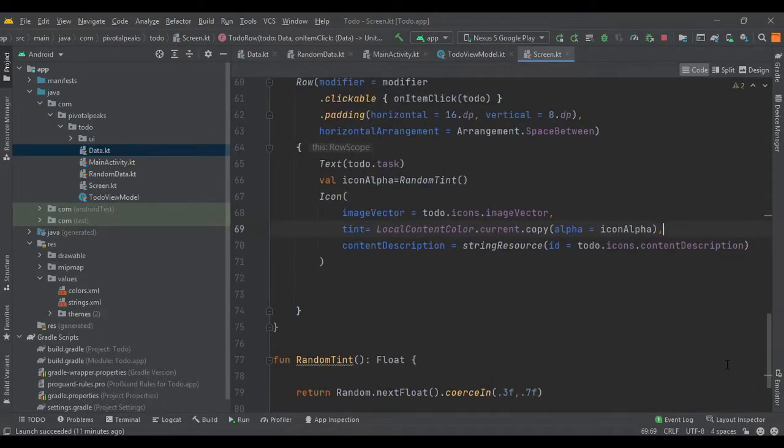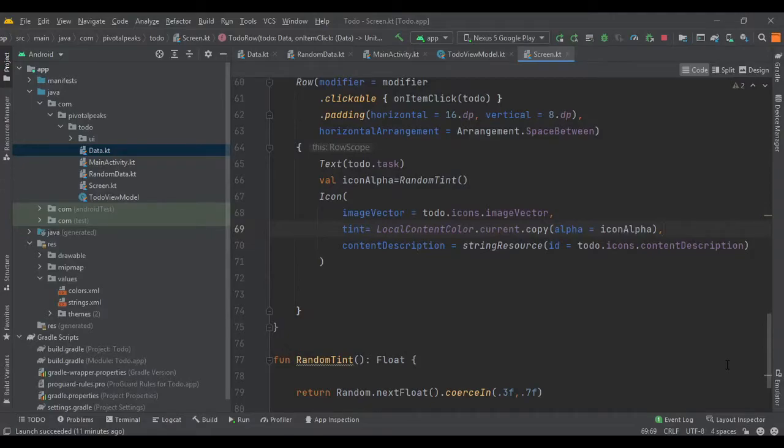A value computed by the remember function will be stored in the composition tree, and it will only be recomputed if we kill the app or restart the app, or when the tree changes.